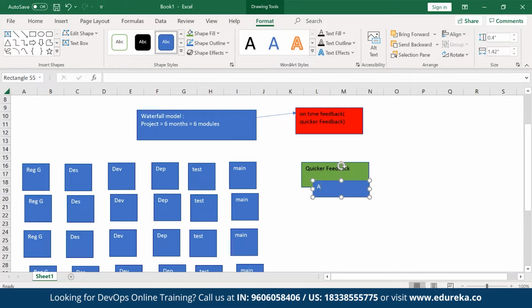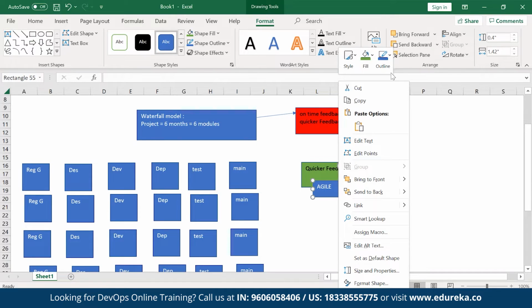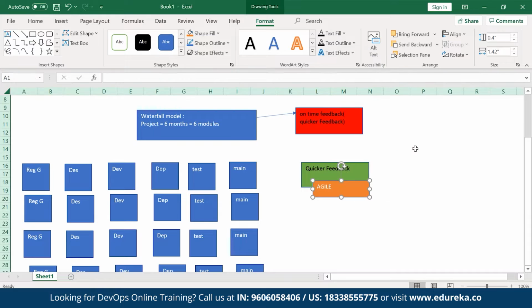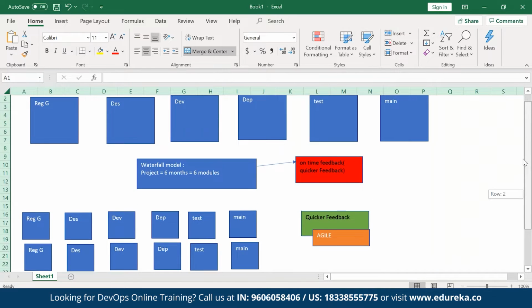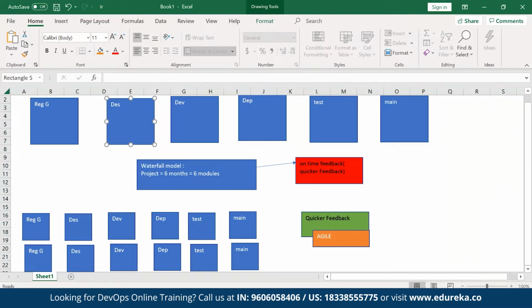I'm getting quicker feedback with the agile methodologies. Okay, now guys, how we can proceed is, agile methodology solves most of our problems. It doesn't mean that it is fixing most of our problems. The biggest problem comes in. Theoretically, agile methodologies fix our problem, but you see that here, to do the development,